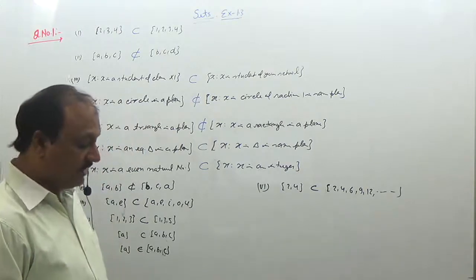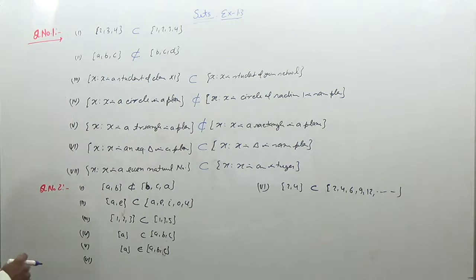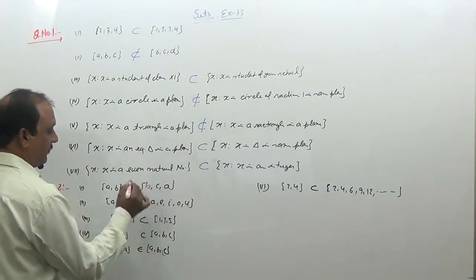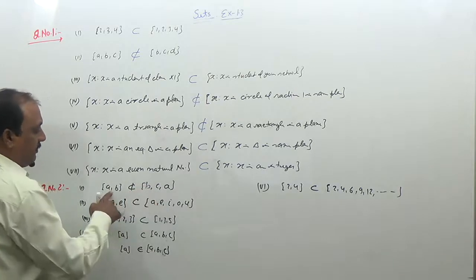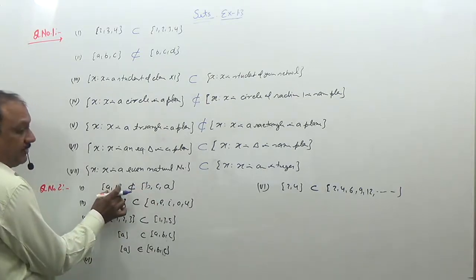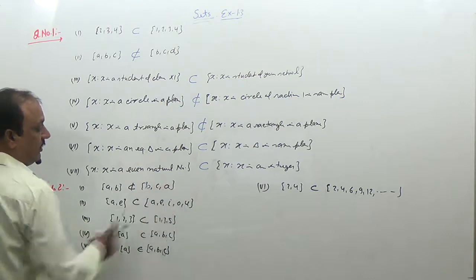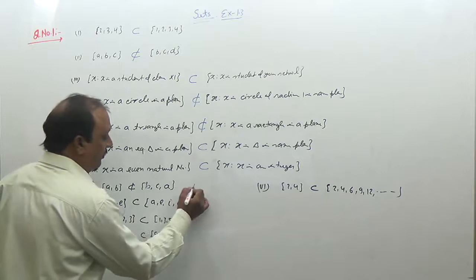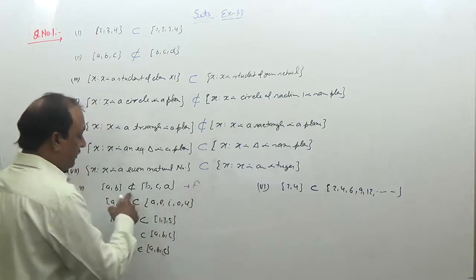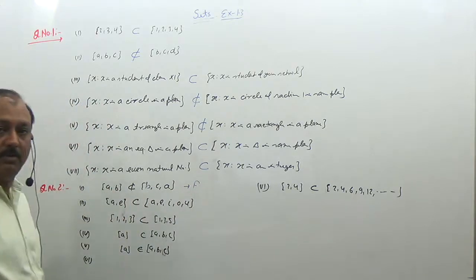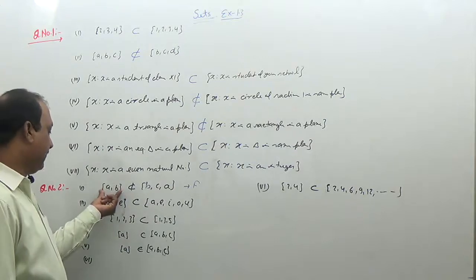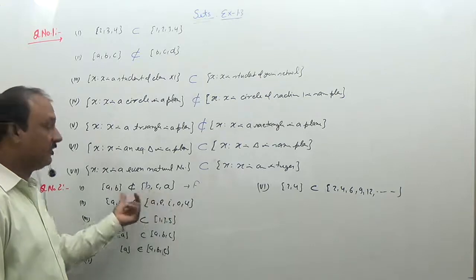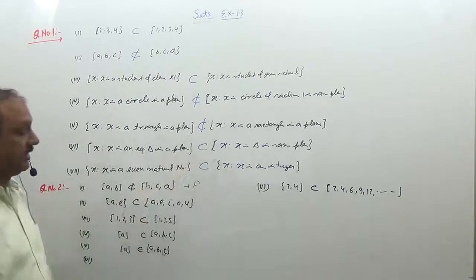So all these are given relations. We want to examine whether these statements are true or false. First is this statement को हम देखें. AB is a set of elements A, B and this is a set of elements A, B, C. ये कह रहे हैं कि it is not a subset but this is false because this one is a subset of this. ये सेट इसका सबसेट है बिकॉज ऑल एलिमेंट ऑफ दिस सेट लाई इन दिस सेट, तो दिस इज द सबसेट. ये क्या है? फॉल्स स्टेटमेंट है.